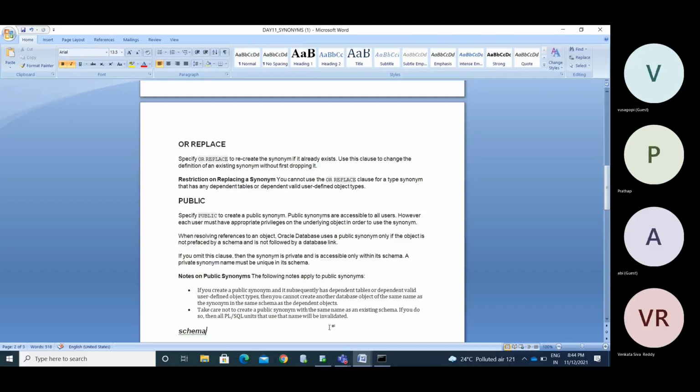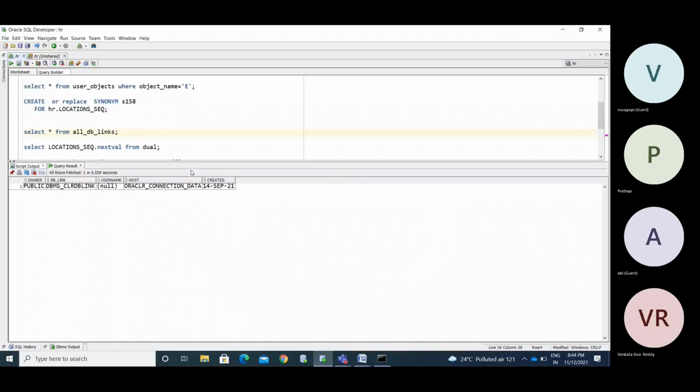You created a sequence, right, and you are using the location sequence with S158. You can access it with this synonym in this particular HR user. If we want to use the same name with any other users, you need to create a public synonym for that.